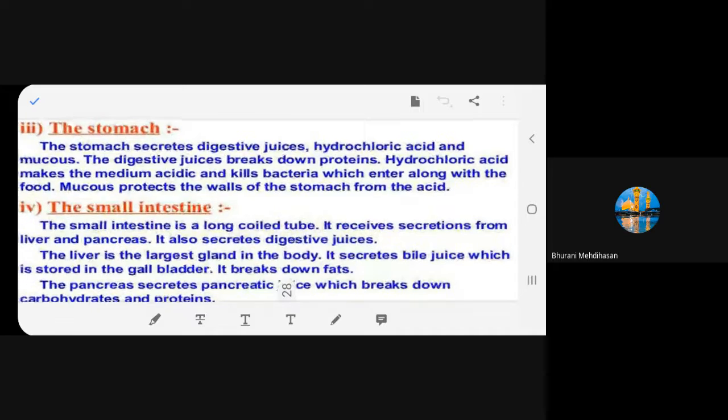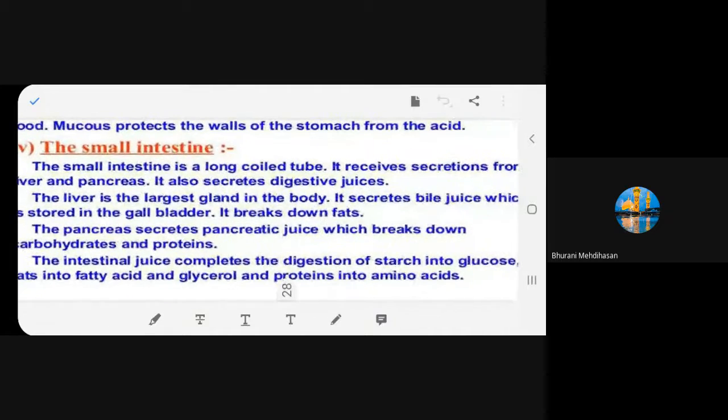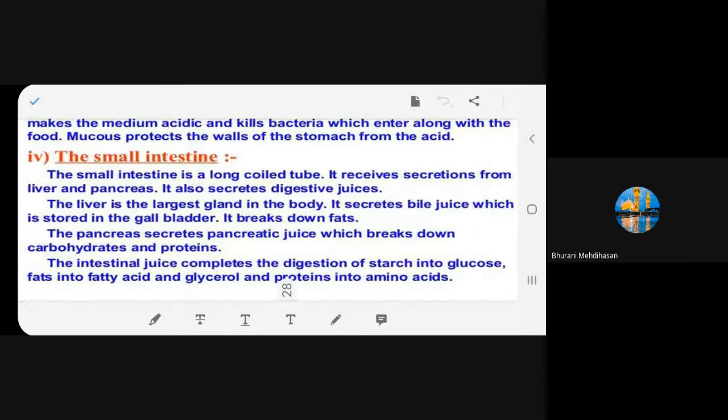So the stomach is producing digestive, sorry, not the stomach. The small intestine is a very long tube and it is getting the digestive juices from the liver and pancreas, and the small intestine is also producing its own digestive juices. Next,